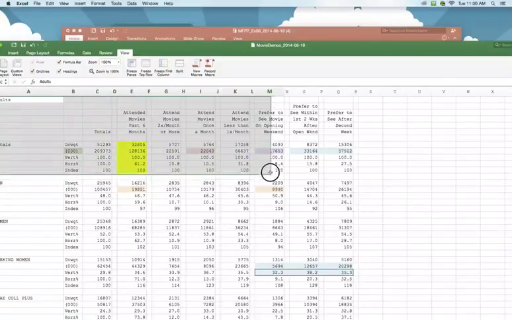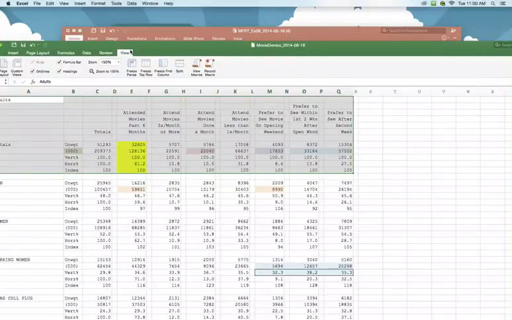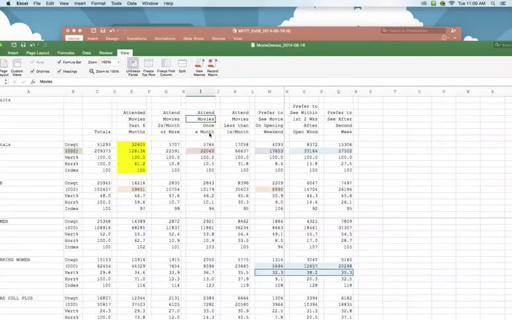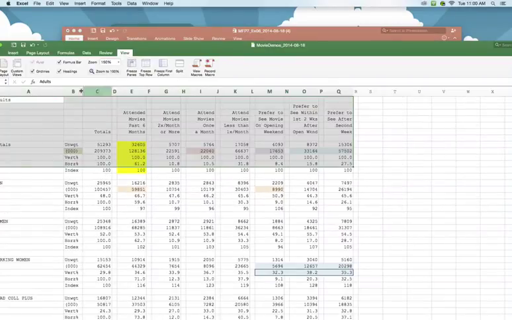And it starts by highlighting this information right here and going up to View. So this tab up here, I'm using a Mac, but you can still use this for a PC, View, and then freeze your pane. So I'm telling Excel,